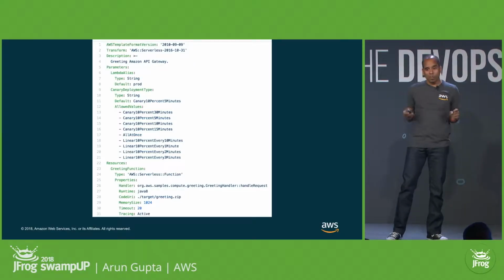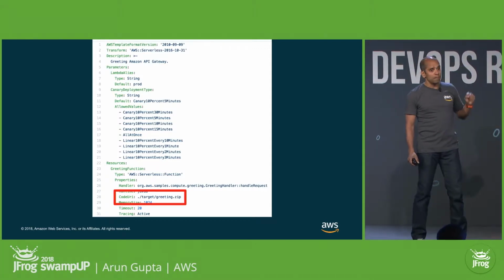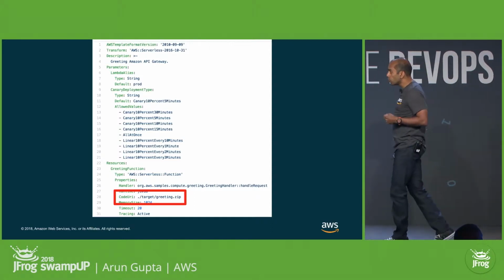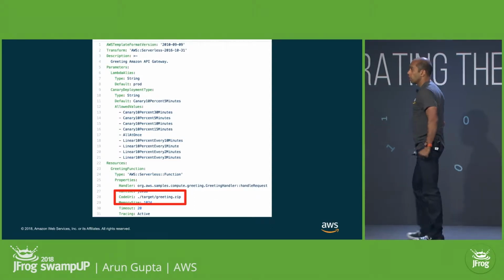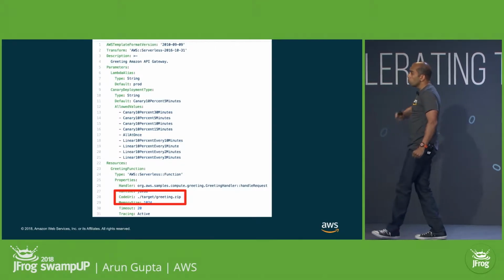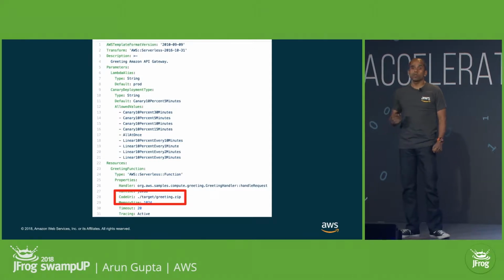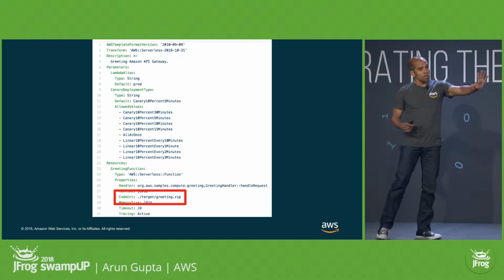I'm going to highlight certain parts of it. The first one is I'm specifying where my code lives, which is specified by an attribute called CodeUri. In this case, if you realize, I'm specifying the code template to be living on my local machine. That really allows me to debug and test my serverless applications on my local machine. And that's really powerful, because yes, my resources are provisioned in the cloud, but I can do the local debugging